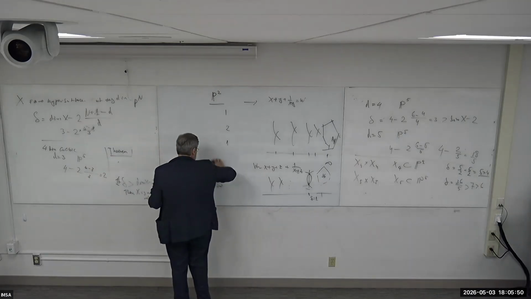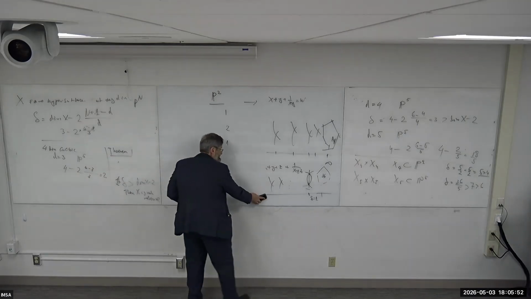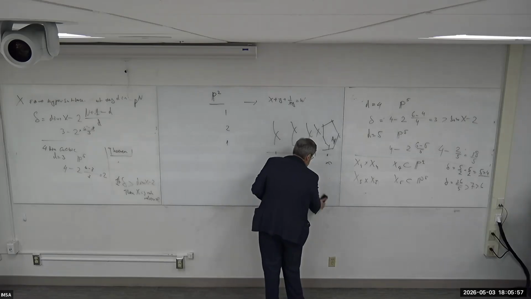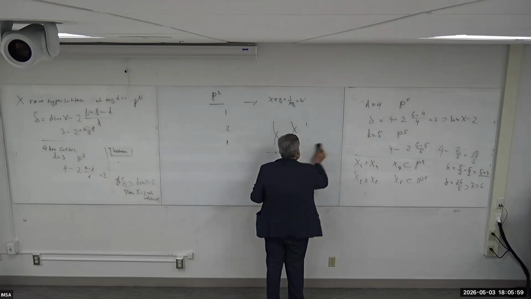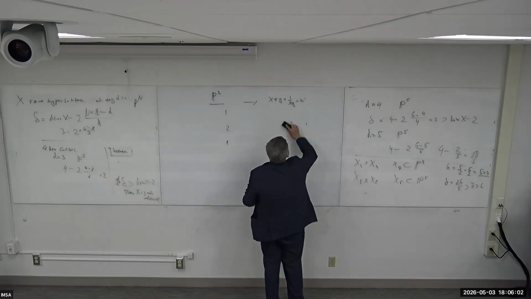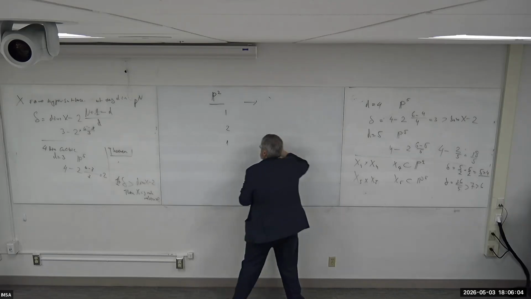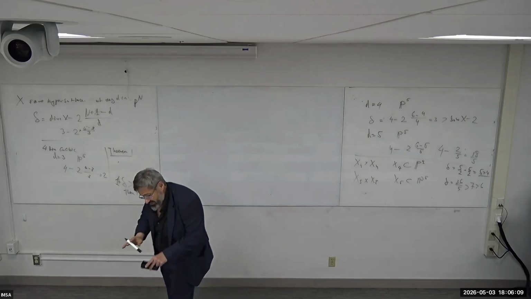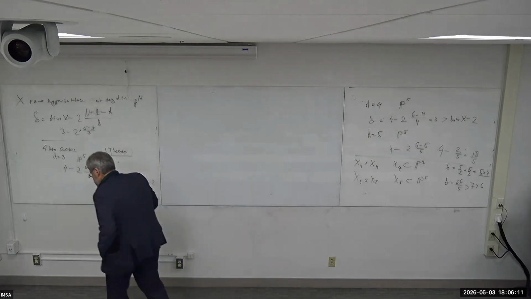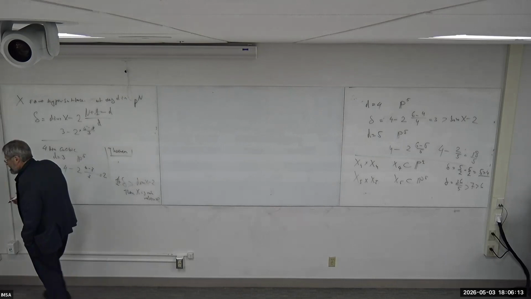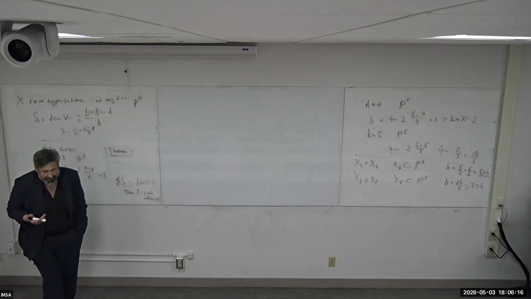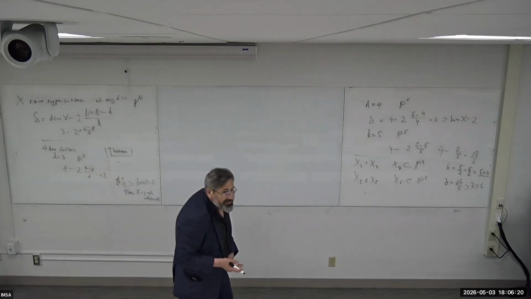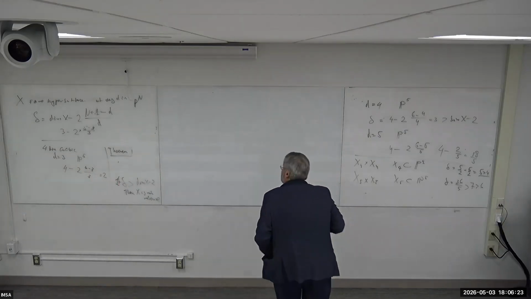The first example we'll look at, if we really want to use the minimal model program, we need to go to dimension 5, because this is where the codimension 2 fixed. The minimal model program makes